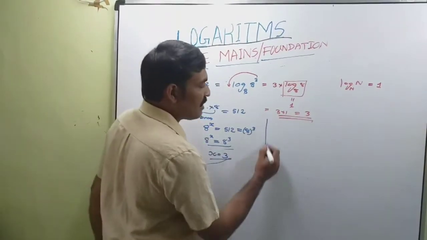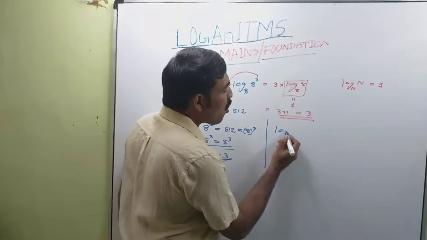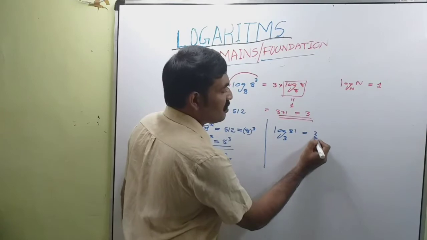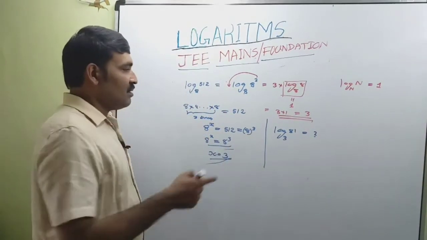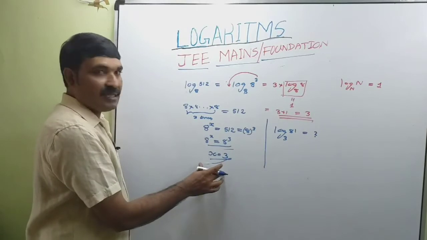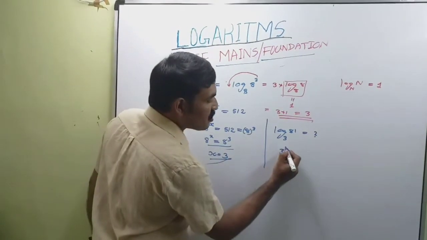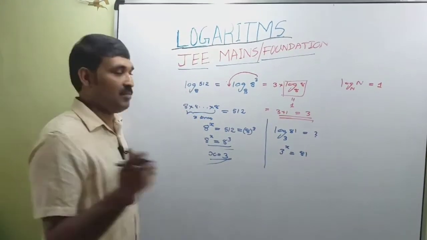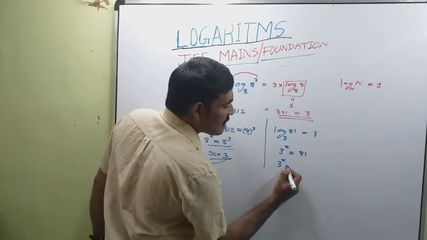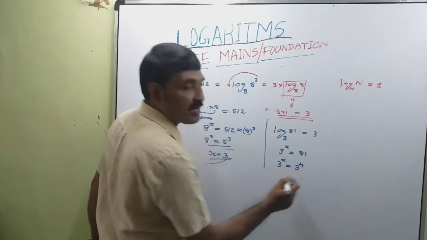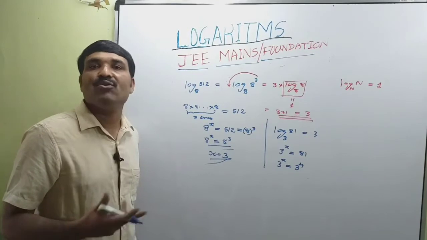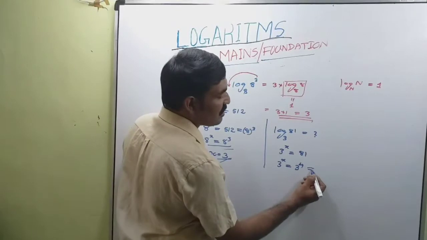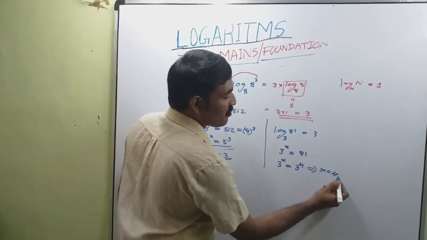So this is equal to 3 into 1, which is 3. Okay. Consider another question. Log of 81 to the base 3 is equal to what? We can do this problem in this manner. That means 3 raised to x is equal to 81. This is the exponential representation of the number. Or 3 raised to x is equal to 3 raised to 4. 81 is 3 raised to 4, 3 multiplied 4 times. Now comparing the powers or exponents of LHS and RHS, this implies x is equal to 4.